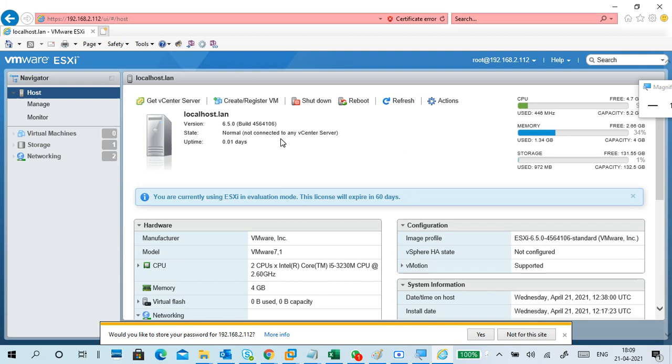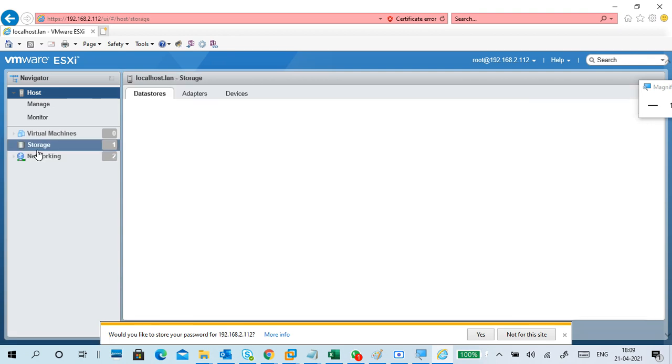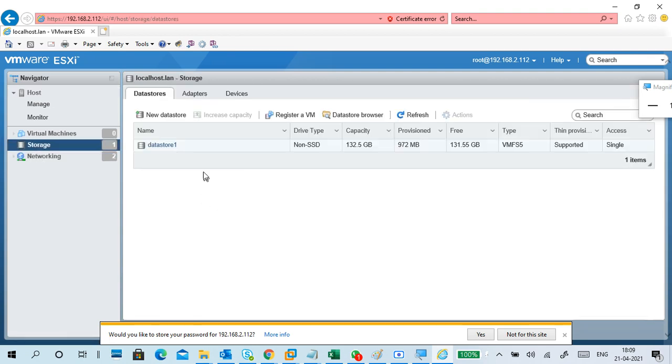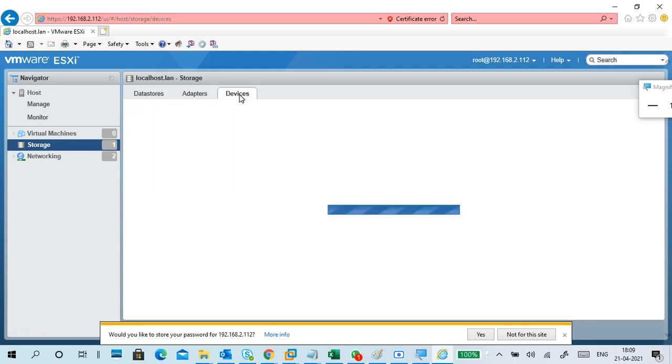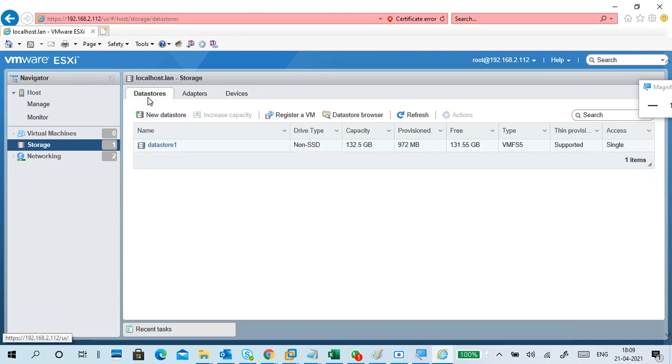Okay. So you can see CPU, memory, storage. Okay, how much storage is left? Memory, this one. If you have a SAN, NAS kind of stuff, you can also add it. Like this is the storage. Currently, only one storage is there. If you want to add anything, like you want to add iSCSI things, okay, like this you can add devices. Okay, like this we can do it.